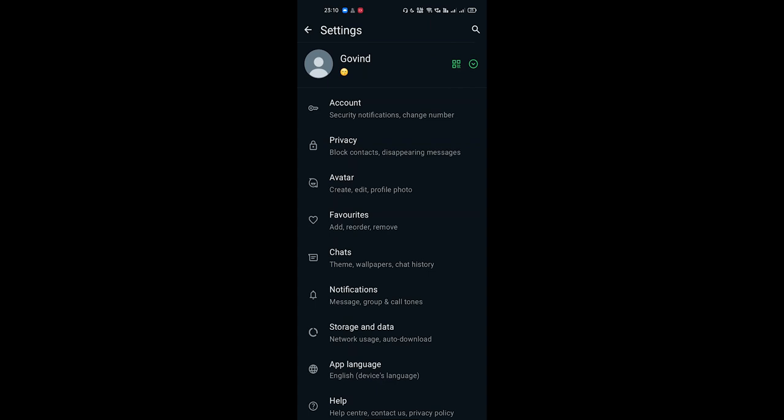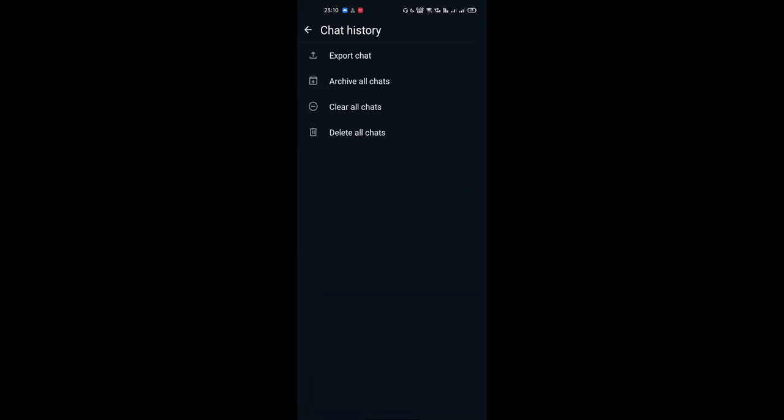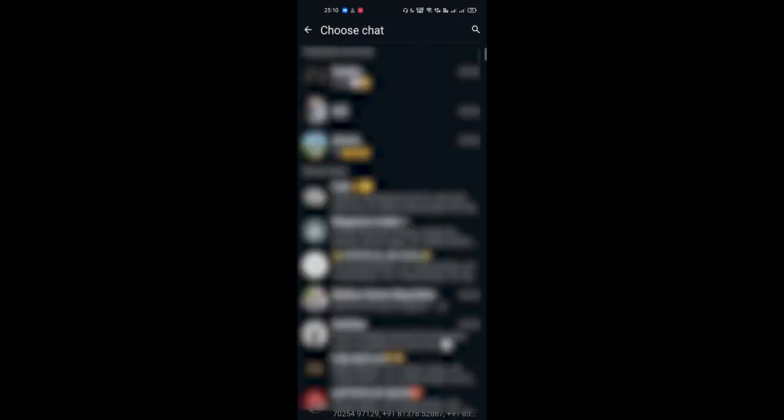Choose the chats option. Here you can see the chat history on the bottom side. Tap on the chat history. Here you can see the export chat option. Tap on it and